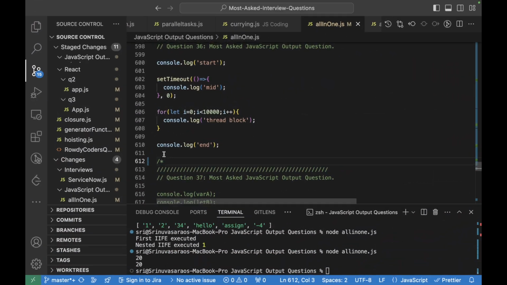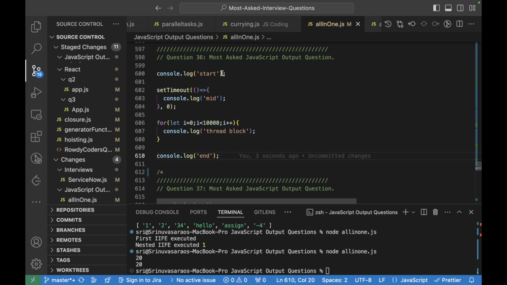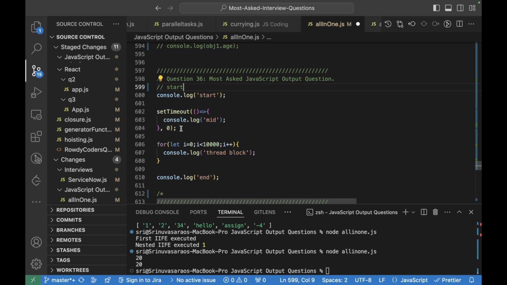So here we have this console. This one will be logged first. Okay, this one will be logged first, and when it comes to this, the callback will be registered, and when it comes to this, it will run the loop for almost 10,000 iterations.